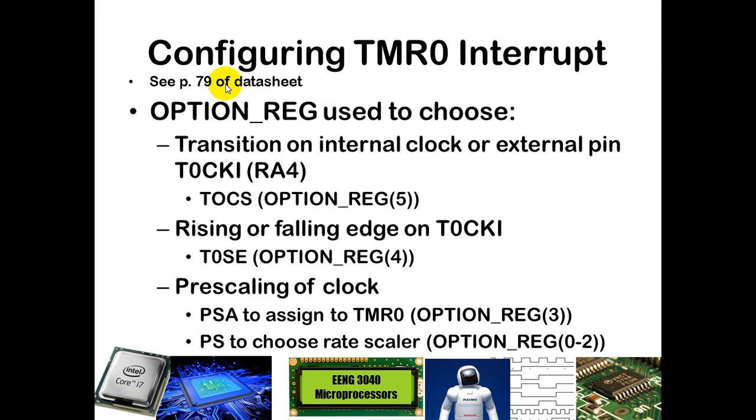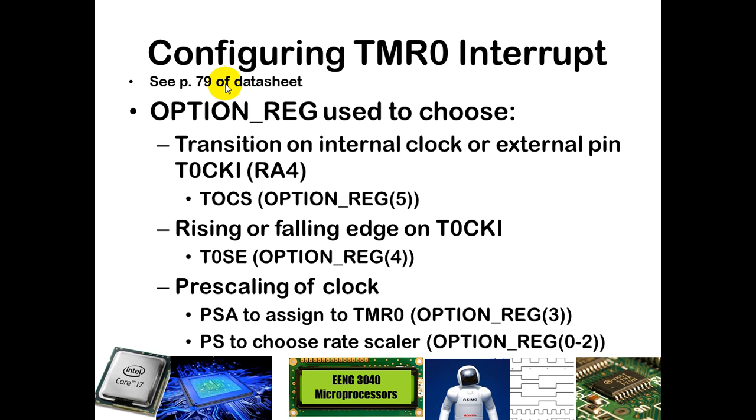And so in option register bit 5, that allows you to determine whether your timer 0 is going to increment based on clock cycles or based on some external event. Those would be rising edges or falling edges on port A bit 4. And so to determine whether it's rising or falling edge, you can use the option register